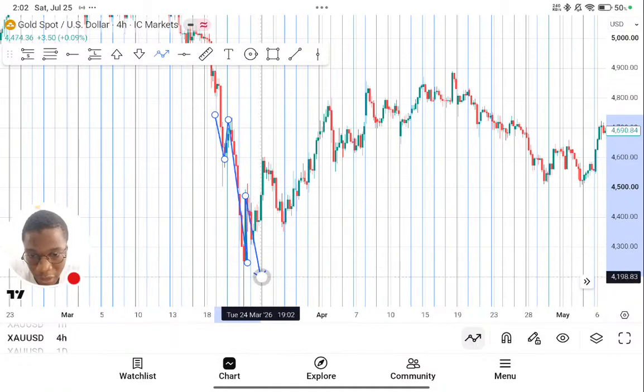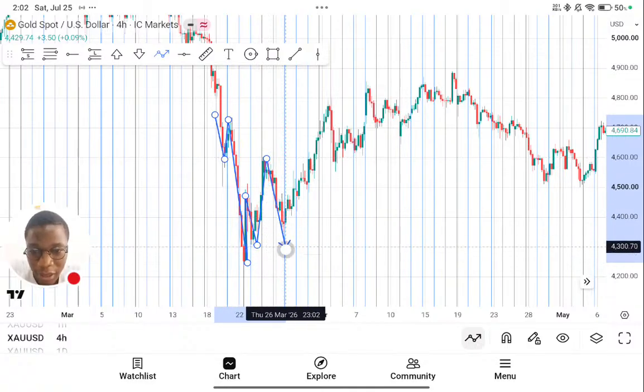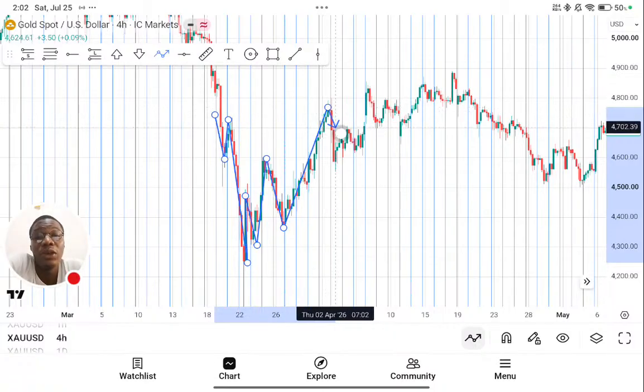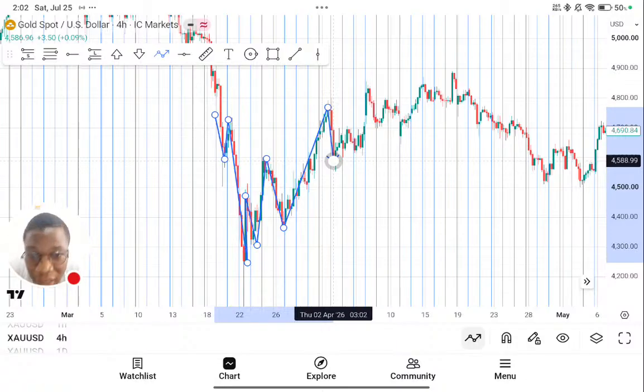We are expecting it to make a new low. It couldn't. It went on to make a new high. We were expecting it to break this low, but then it couldn't. It made a new high. So this, in the short term of things, now we'll be waiting for this pullback so that we could enter. And you can see it came back to test that resistance, this level,